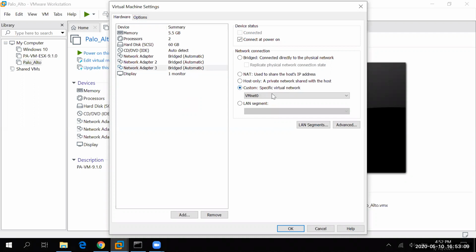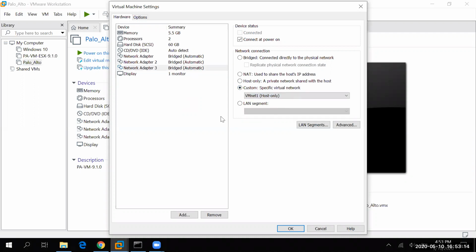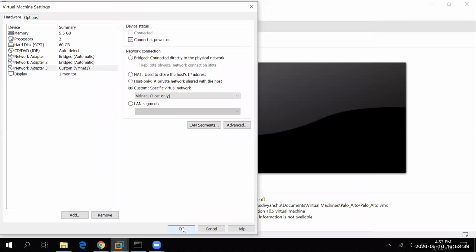Let me select VNet 1 here also. Why am I selecting VNet 1 here? Because this will act as a management interface, this will act as an outside or WAN interface, and this will act as an inside interface. So from the inside PC, we are trying to communicate to our WAN interface. Got it? Let me save this.